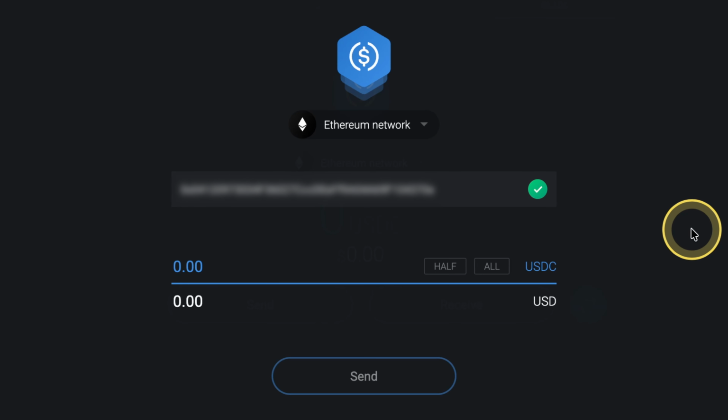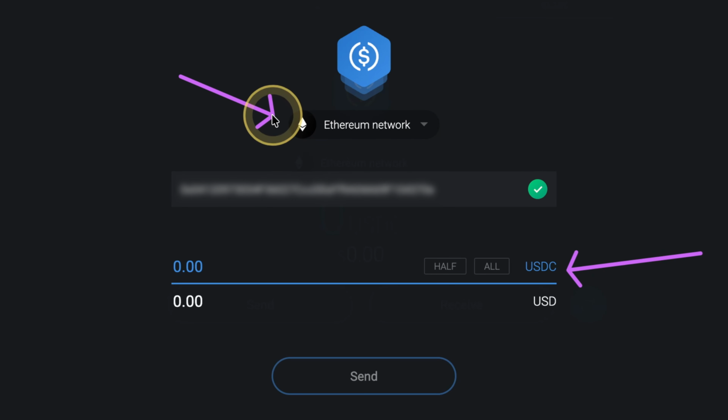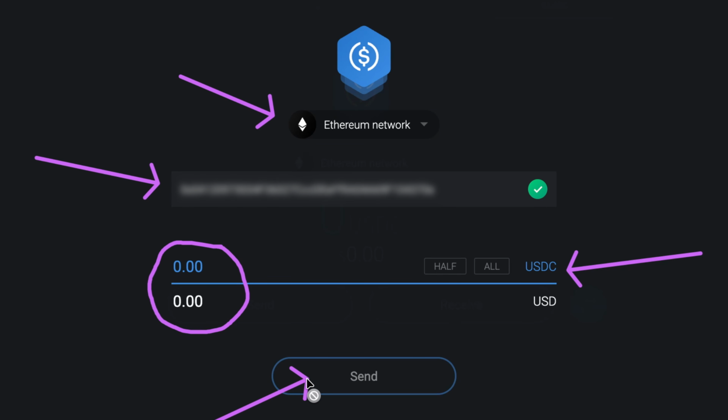sent over. The same applies if you already have some crypto in your own wallet. Again, I have some USDC in my wallet in here. I've chosen the same network, Ethereum in this case, and I've pasted the address I copied here as the recipient address. Then I can simply enter any amount in here and click on send to send the money over to